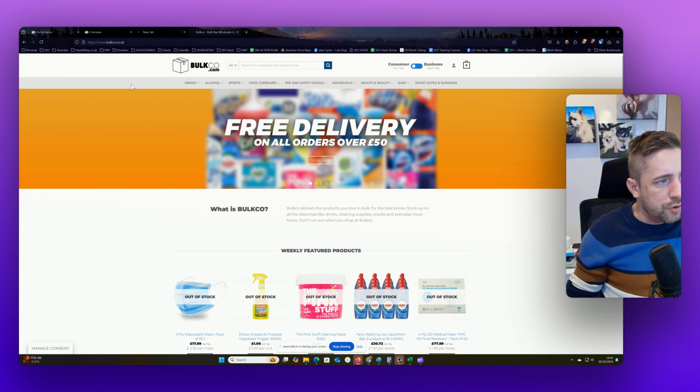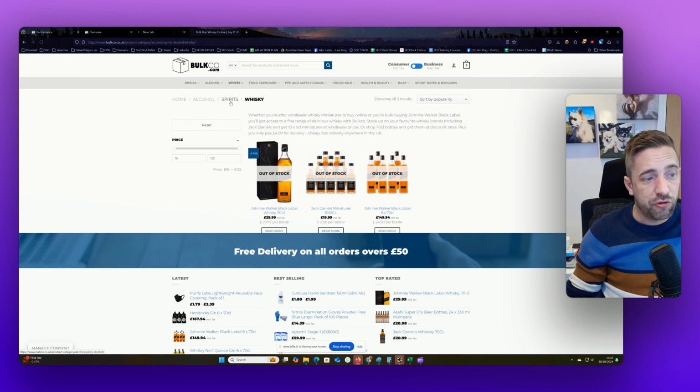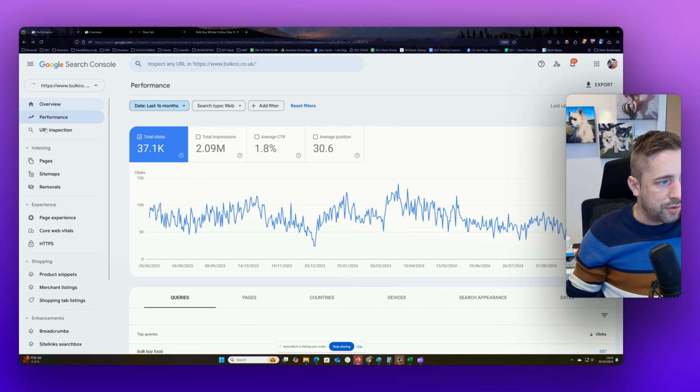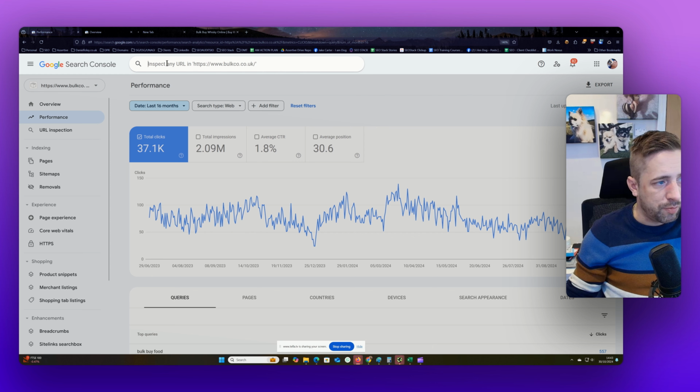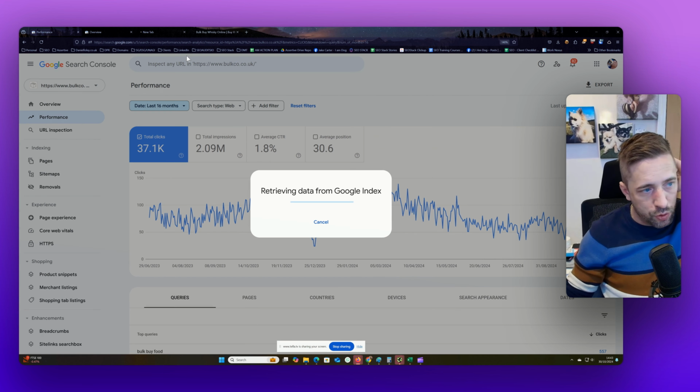So the URL inspection tool is basically designed to help us diagnose the state of a URL on our website. A common scenario would be if we've added a page on our site, made sure that it's internally linked, but it doesn't get indexed. So we can take any URL on our domain, and if we click on URL inspection, you'll see it highlights this block. So you can paste your URL in,